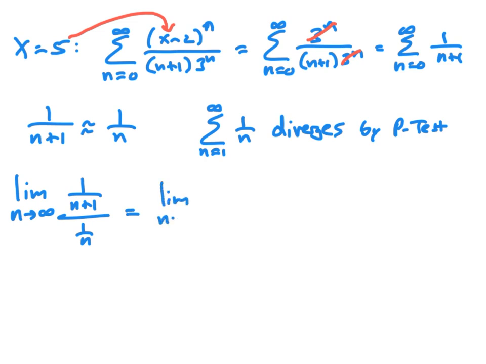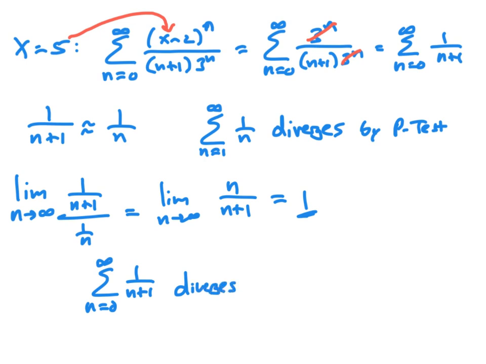Which will give us the limit as n approaches infinity of n over n plus 1. And using either L'Hopital's rule or multiplying and dividing numerator and denominator by 1 over n, we see that we get a limiting value of 1 here. And 1 is a non-zero number. And so that tells us that our two series have the same behavior. And therefore, this is telling us that the series n equal to 0 to infinity of 1 over n plus 1, which was our power series with x equal 5 substituted in, is going to diverge